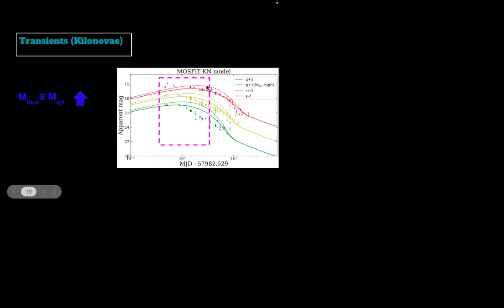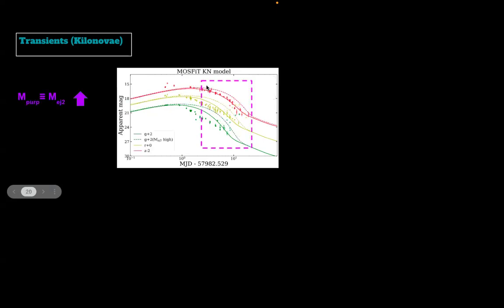You will see a shift of the peak in different bands, because the opacity will be different in a different band. In this g band, you will see the effect of the later red ejecta, so you will see it last a little bit longer after the blue region. I'll show you that. If you just increase the purple ejecta mass, the mid region departs from the exact peak, so this mid region dominates.